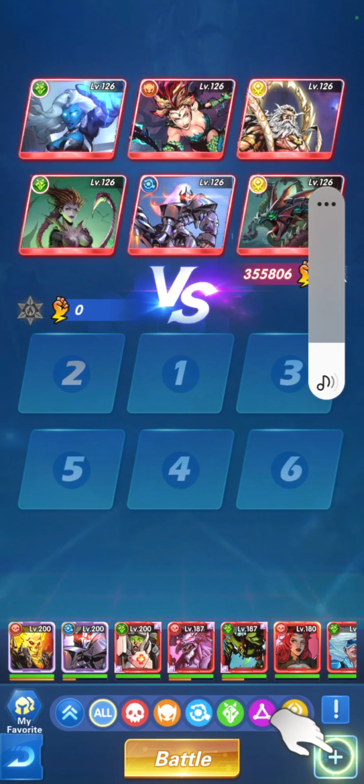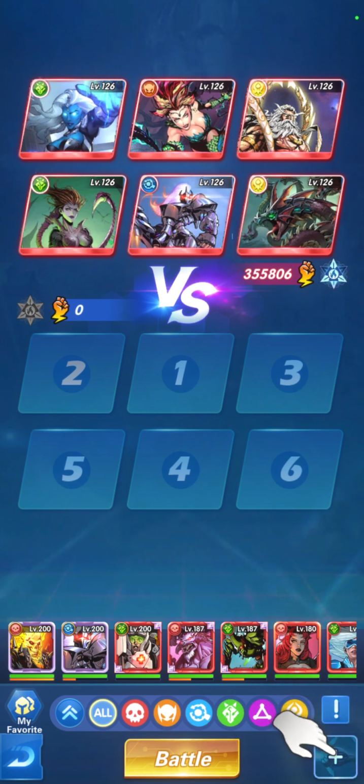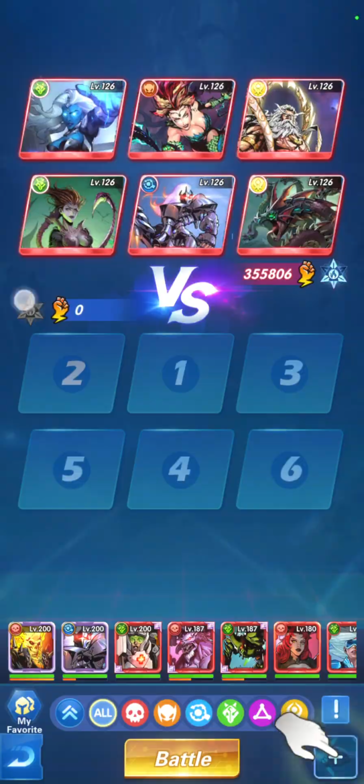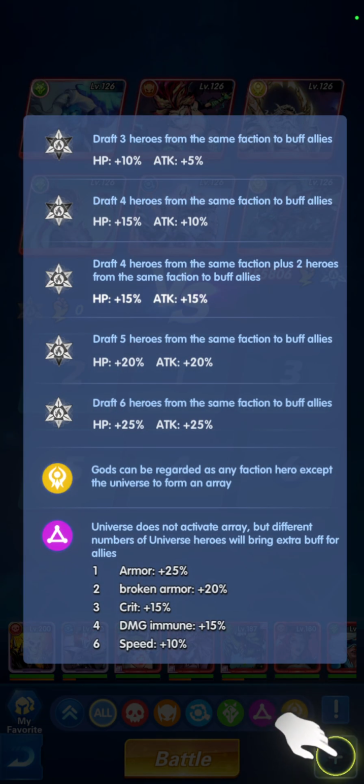Hello, lovely players. Now it's time to look at another aspect of the game that many people miss, which actually makes a huge difference. It's called draft bonus. To actually see it, you need to click on this icon, which looks like an A or an arrow or a star. So, what it basically means, the meaning of it, if you put heroes from the same faction, right,